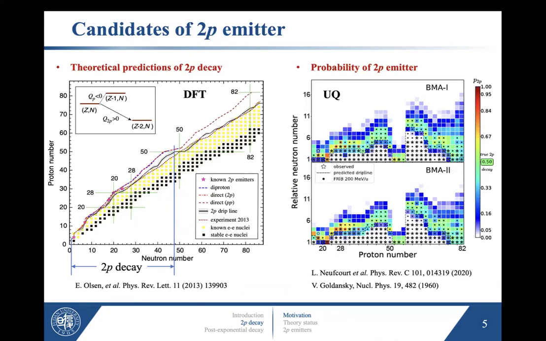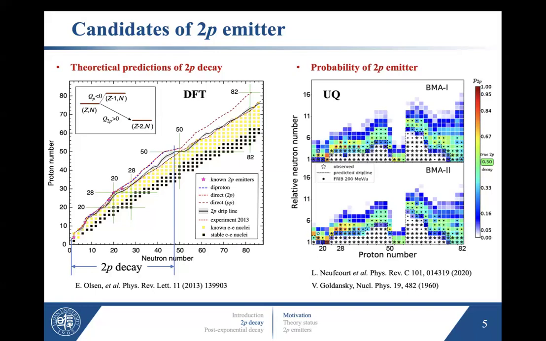for these two-proton emitters, such as in the left-hand side figure, Erik used density functional theory to explore these two-proton candidates around the proton driplines. And later on, Leo used uncertainty quantification, specifically Bayesian model averaging, to calculate the probabilities of two-proton emitters. And we can find that almost in all these nuclei beyond the proton driplines, there might be some possibilities to be two-proton emitters. So there are a lot of two-proton emitters that remain unknown and require further experimental